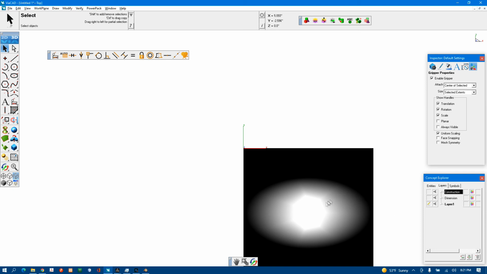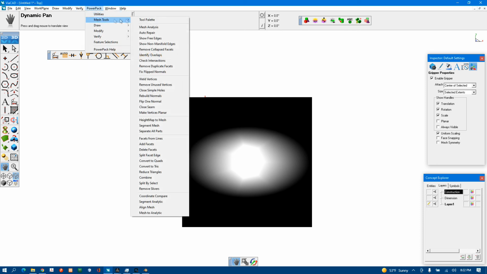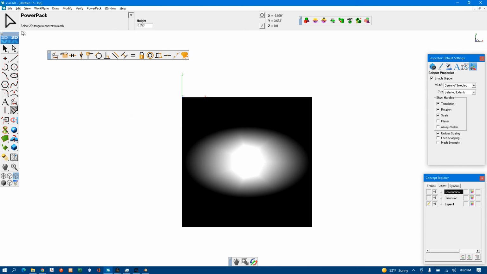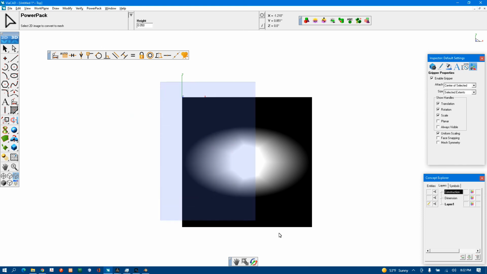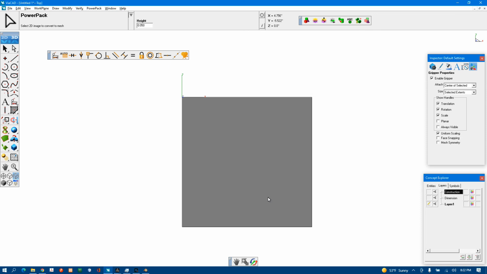And what I'm going to do now, notice that I have it on the X and Y plane, and the Z is facing straight up towards us. I'm going to move the hand so this is just out in the middle. Now I'm going to go to the Power Pack, Mesh Tool, Height Map to Mesh. It was going to bite me. So I'm going to do Height Map to Mesh. I click on it. It tells me up here, select the 2D image to convert to mesh. I'm going to pick this person here. I'm going to give it a minute, and lo and behold,